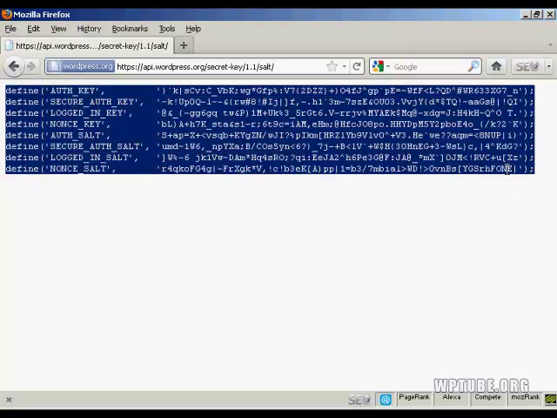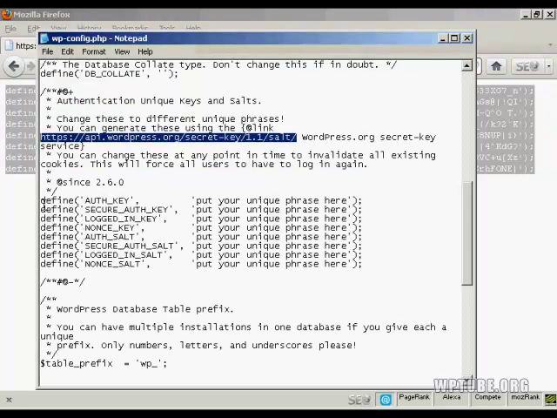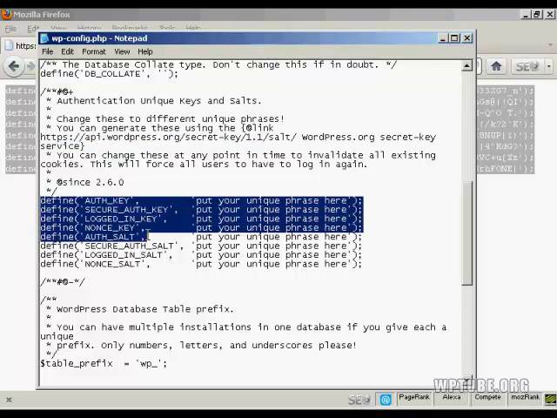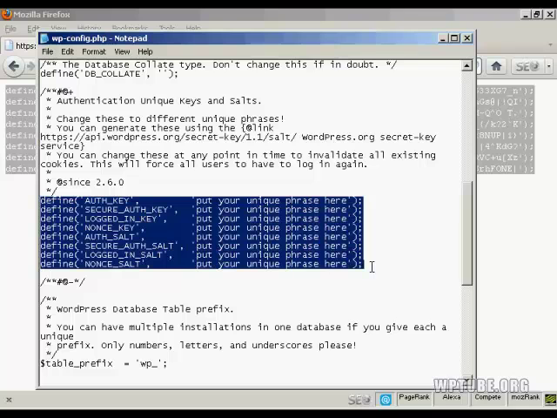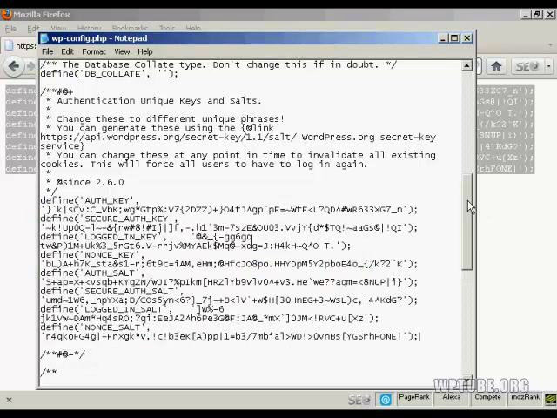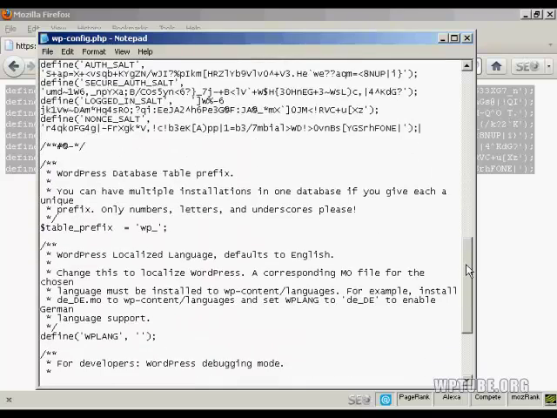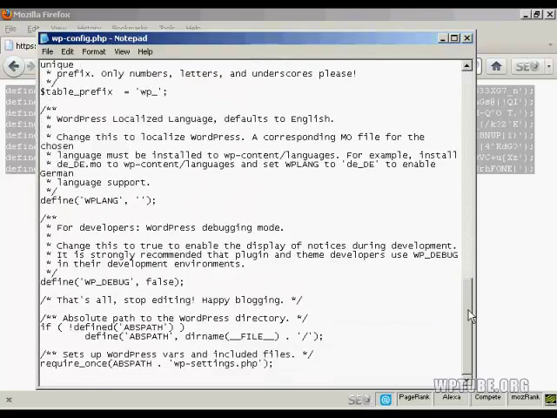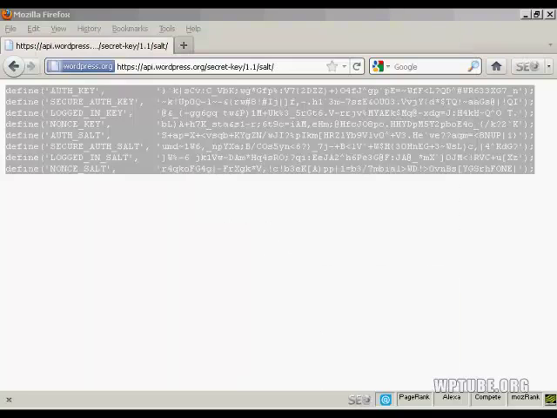So I just highlight that and copy it, and then I can come back here and just simply paste this in as a block in here like that, and there we go, that's all done. You don't need to change anything else at all. So I can now save that file and save, and now I need to FTP, you can close that,